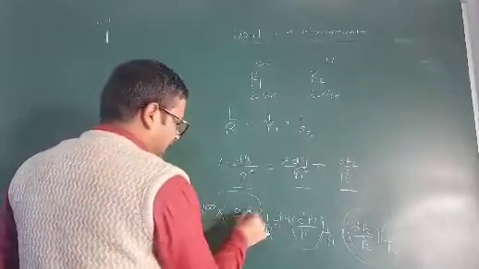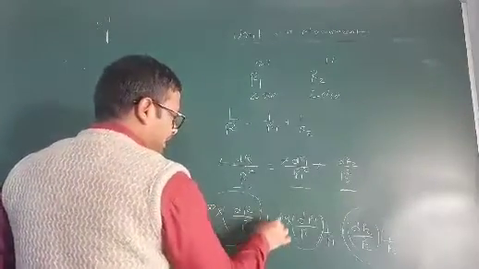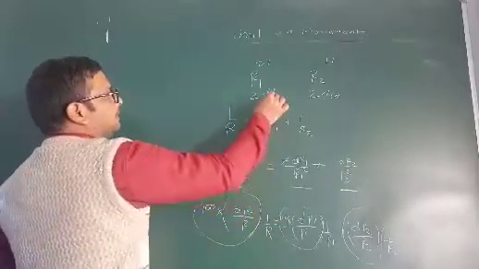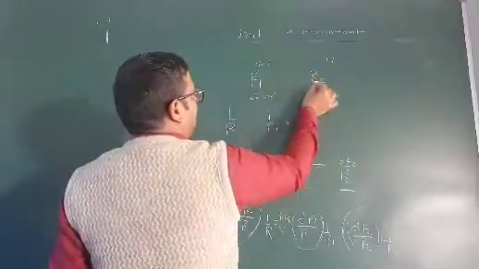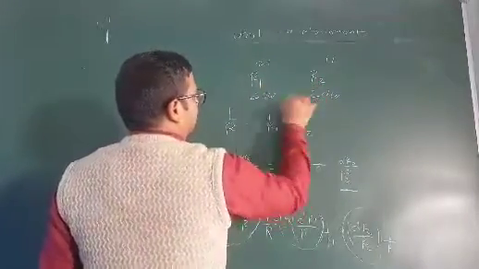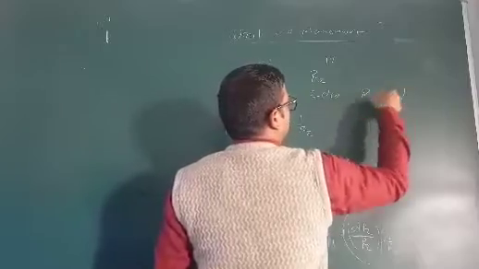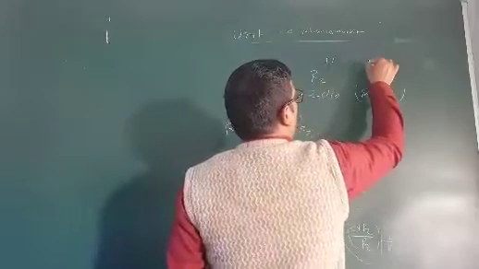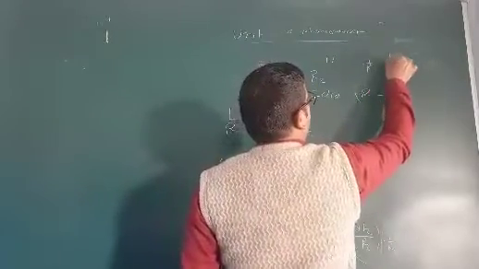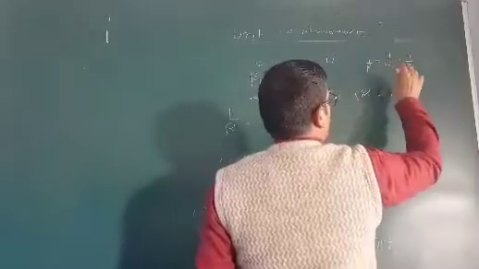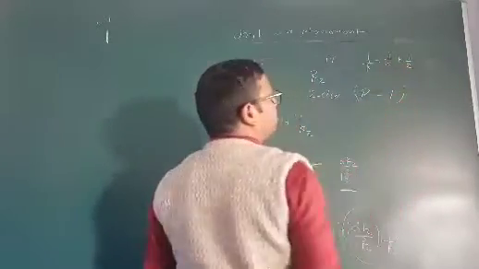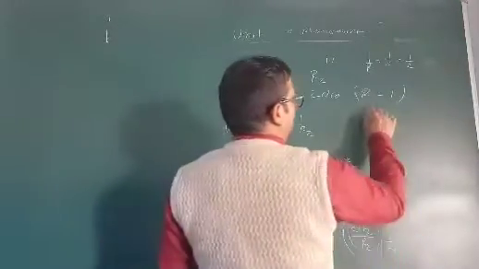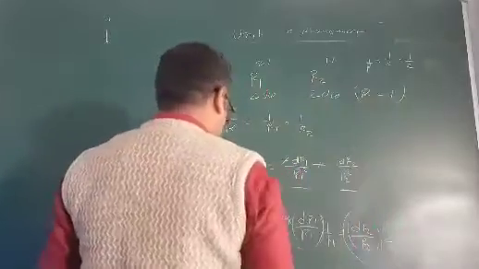Now keep their values in this equation, and you know very well this is very simple. Then you have to find the percentage error in R1, and 1 by R. What is the value of R? R1 and R2 are in parallel, 2 and 2 ohm, so the resultant value of R will be 1. In parallel combination, 1 by R equals 1 by 2 plus 1 by 2. When you solve, you find the value of R equals 1. Now keep all these values in this equation. So what will become?